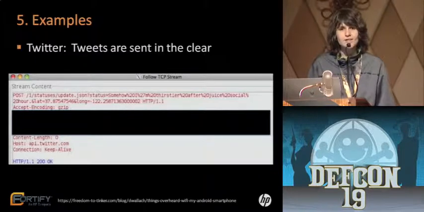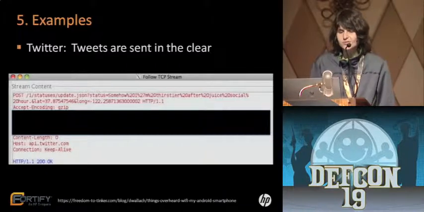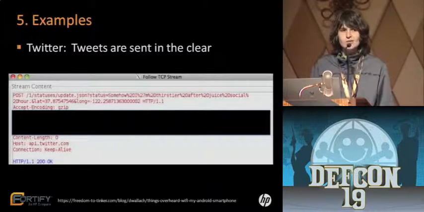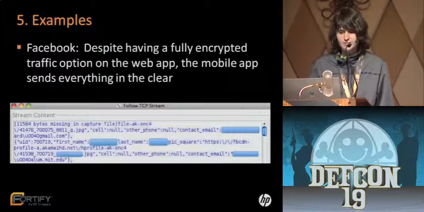And in addition to that, it sends things like latitude and longitude of the person who's tweeting along, also in the clear. Obviously, both of these pieces of information are sensitive because one is the tweet and the other is the person's location. So the fact that anybody can access that is bad. Here's another example,